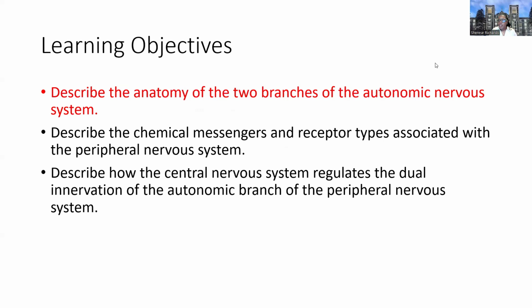Within the central, we talked about this in our previous class on Monday, excuse me, we talked about the central nervous system being brain and spinal cord, and then peripheral nervous system being everything else, peripheral nerves, ganglia, etc. So here we're going to speak about the autonomic division. This is the division that's not under our voluntary control. Then we can further divide the autonomic into two branches, the sympathetic and parasympathetic, and so that's what we'll focus on here.